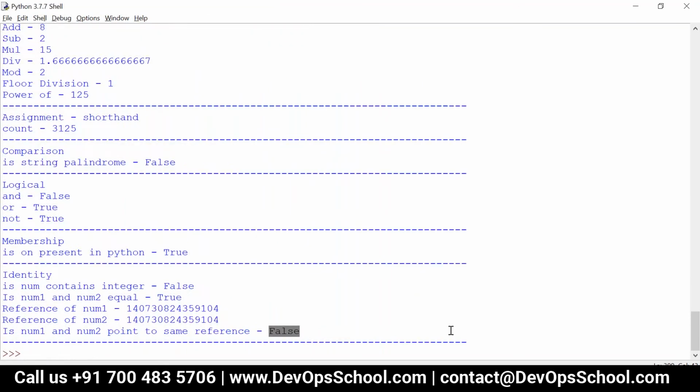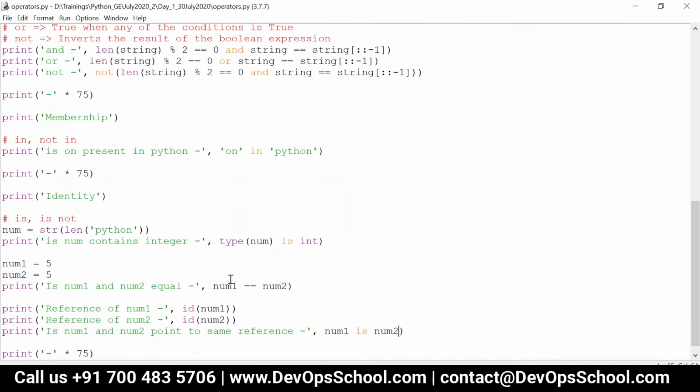Now you can see it's true because both are pointing to the same reference. Whenever you use the equality operator, it compares the value, not the reference. Whenever you use the is operator, it compares the reference of two different objects. It will not compare the value.